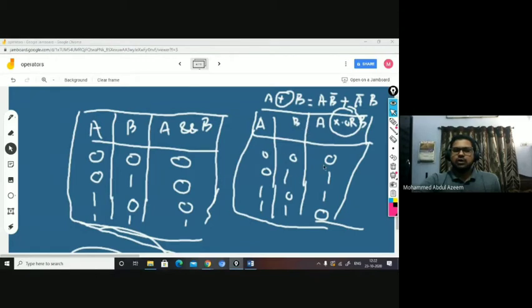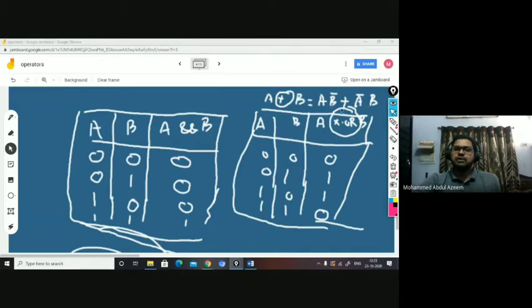Exclusive OR. If you look at the table of exclusive OR, what do you mean by exclusive operation? A exclusive OR B means A into B complement plus A complement and B. This plus is nothing but OR here, and into means AND.